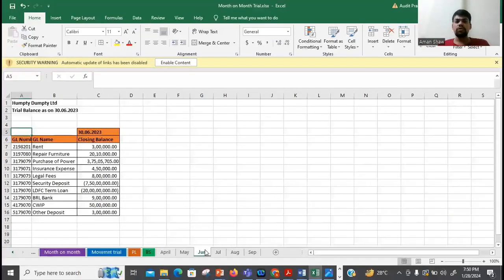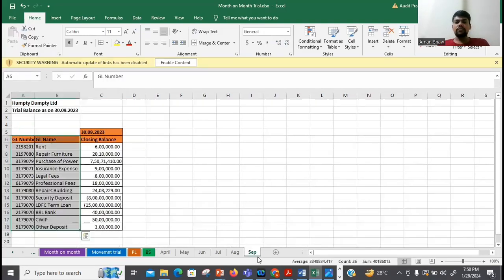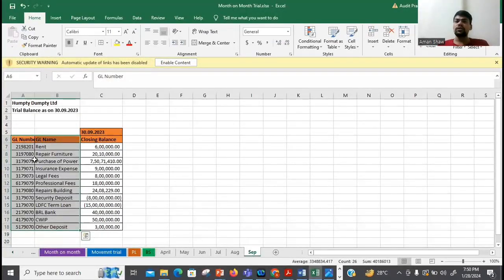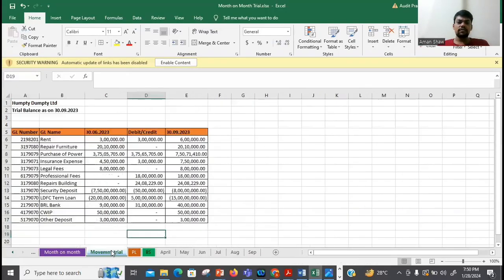You have got the June trial. So I have the June trial on my screen and I have the September trial on my screen. So you first need to take the September trial and pick up these two columns, GL number and GL name. And this is my file. You need to paste it here, into the first two columns of a fresh Excel sheet. You just need to paste the numbers,